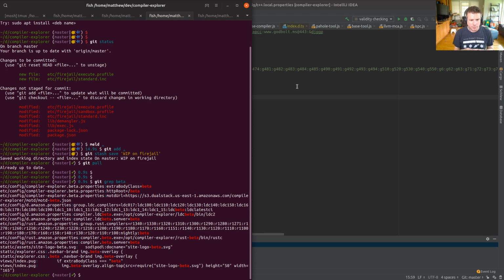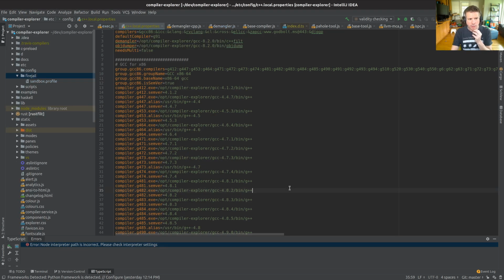There it is. So beta.properties, and that looks like the things we need to change for a start. We have got a couple of things we need to do to make this work well.